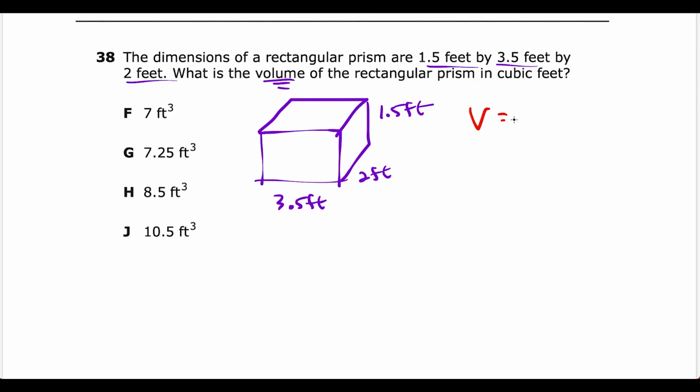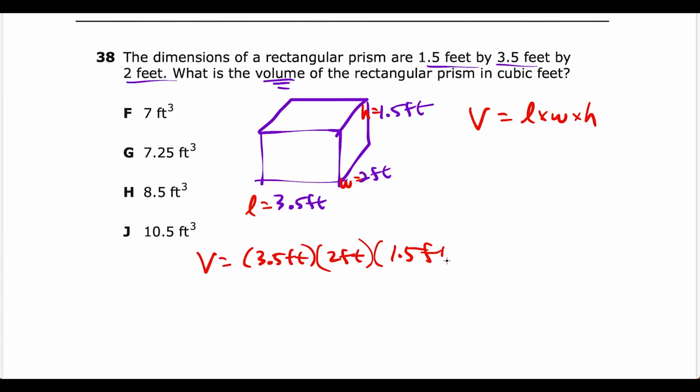So the volume of a rectangular prism is equal to length times width times height. So what we're going to do here is plug all 3 of these values into the formula. We could call this one the length, this one the width, and this one the height. The question didn't specify, so we're just going to take these 3 numbers and plug in. We have 3.5 feet times 2 feet, and then we're going to multiply by 1.5 feet. So this we could do in the calculator, or if we go piece by piece, 3.5 times 2 is equal